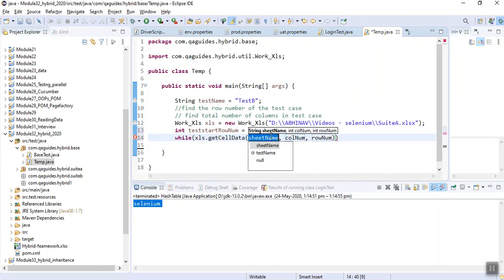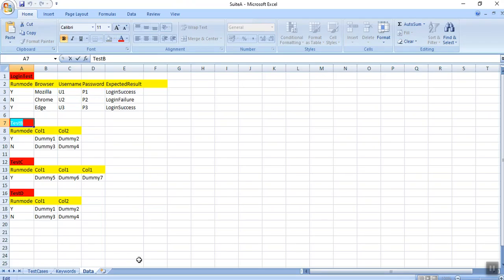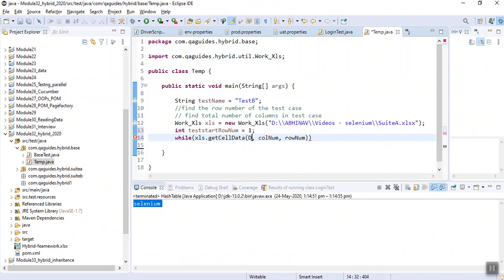Get cell data. What is our sheet number? Our sheet is data. Keep it in double quotes. Column will be 0 and row is this.